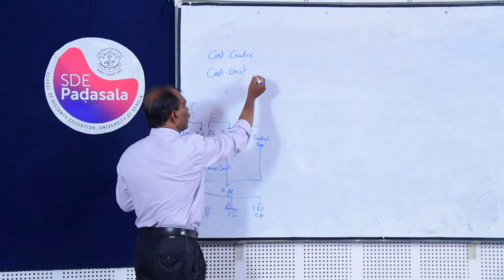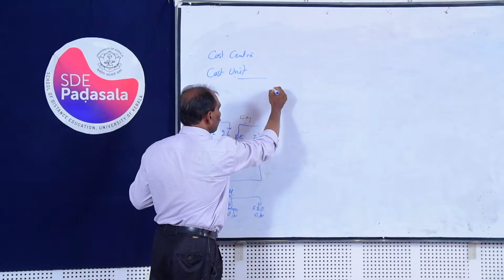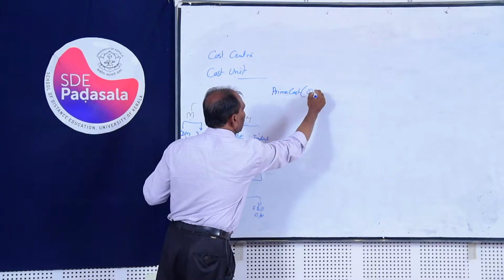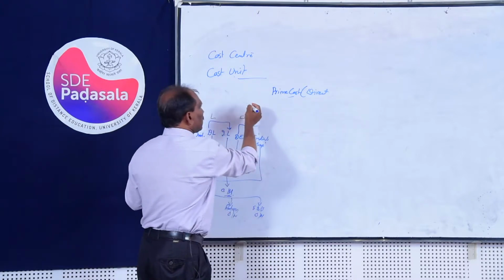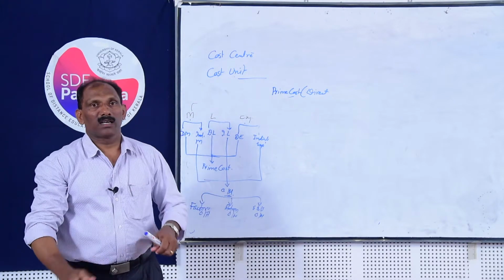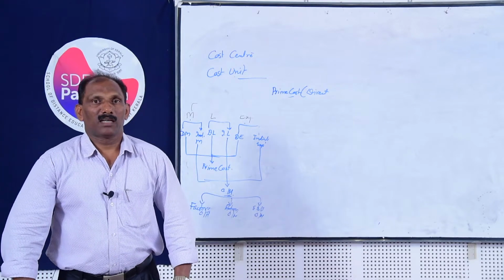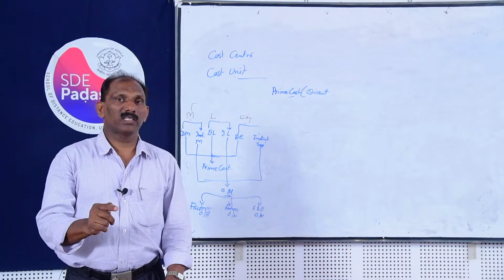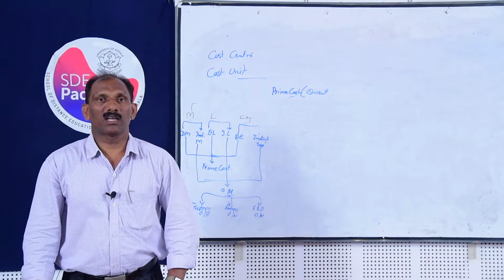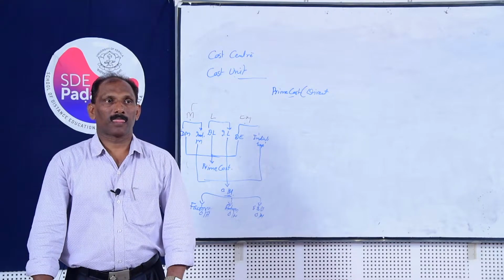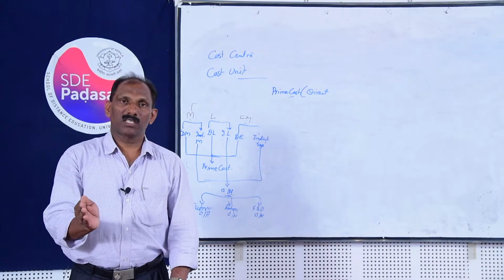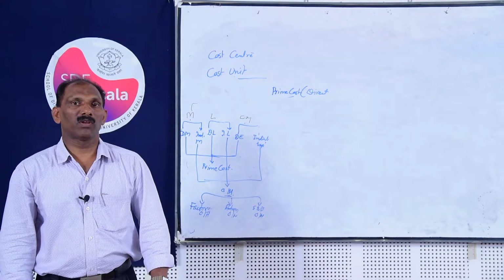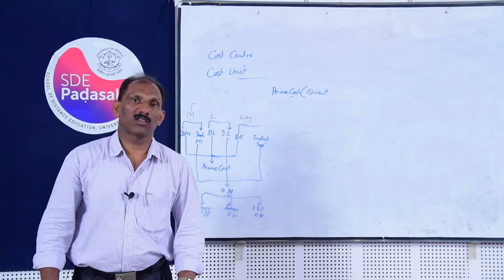This cost may be prime costs, that means direct costs. This is a type of classification of cost: direct and indirect. Direct cost is the cost that can be identified and allocated to a cost center or a cost unit. Indirect cost means the cost that cannot be identified and allocated to a cost center, but that will be apportioned to different cost centers or cost units.